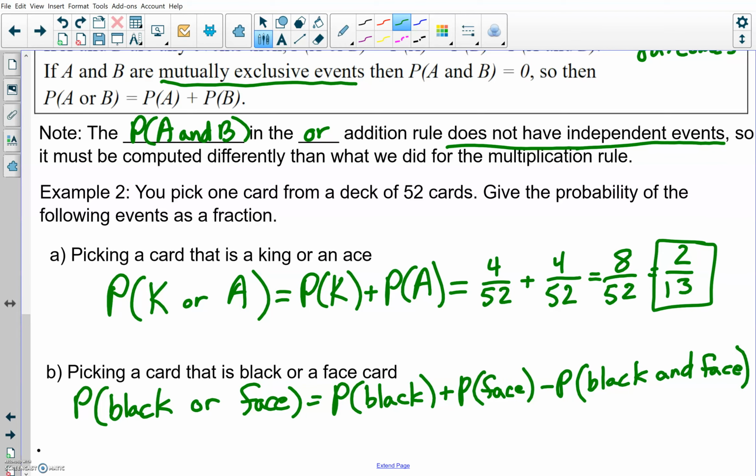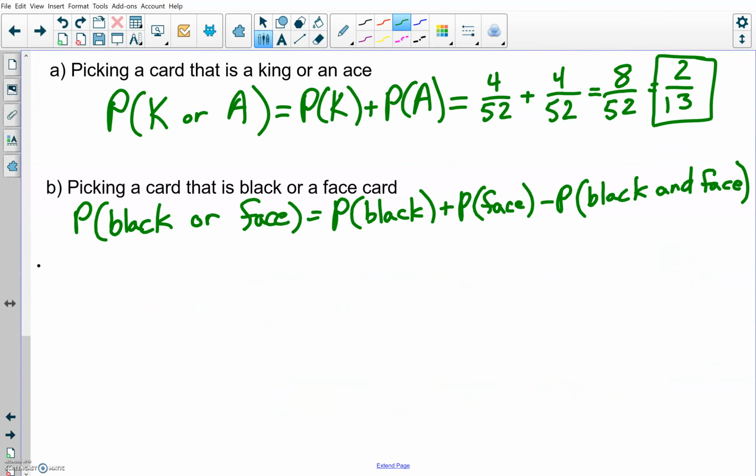All the face cards that are spades and clubs fit into this category. So what we get here is 26 black cards out of 52, plus 12 out of 52, the probability of your face cards, and then minus